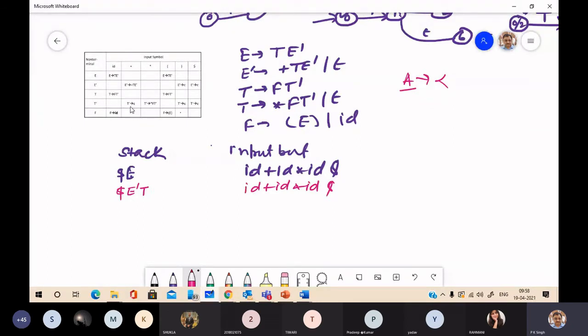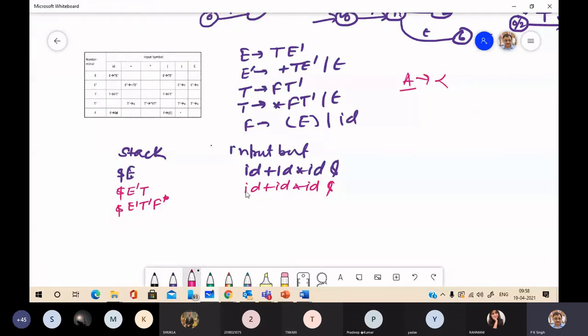T is a non-terminal, so FT dash. So E dash, T is removed, and it will be FT dash, keeping F on top.